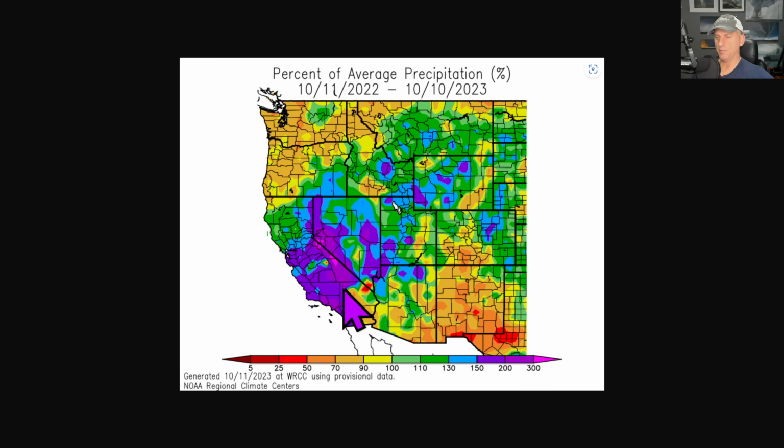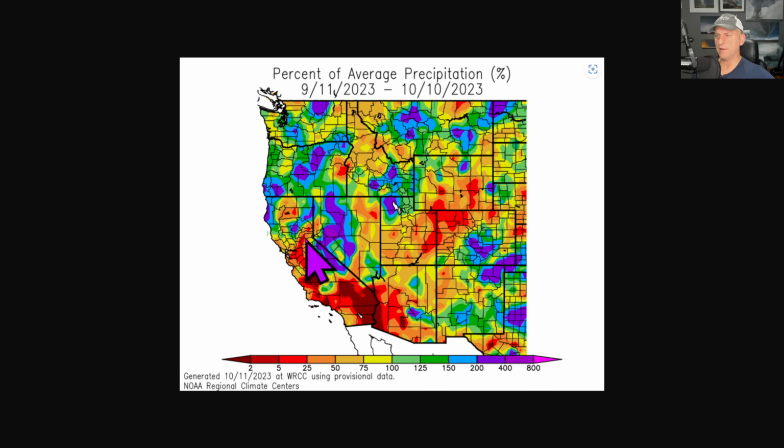And you can see many areas across California doing exceptionally well with the amount of precipitation, except for the southeast portion, some of the desert areas a little bit below average there, and some of extreme Northern California as well. Now, if we look at the last month, I'll show you why this can be a little bit deceiving here. It looks like it's been exceptionally dry here across California, but sometimes statistics can lie